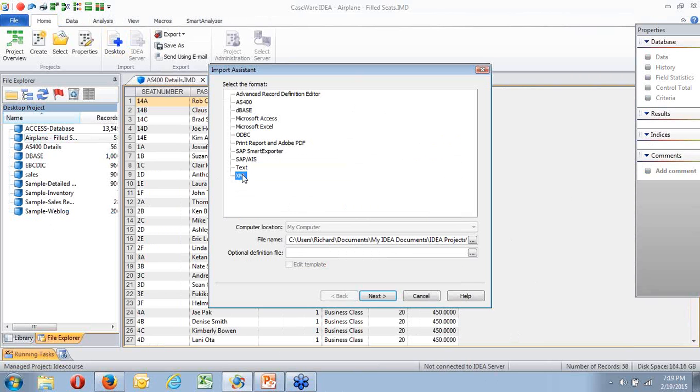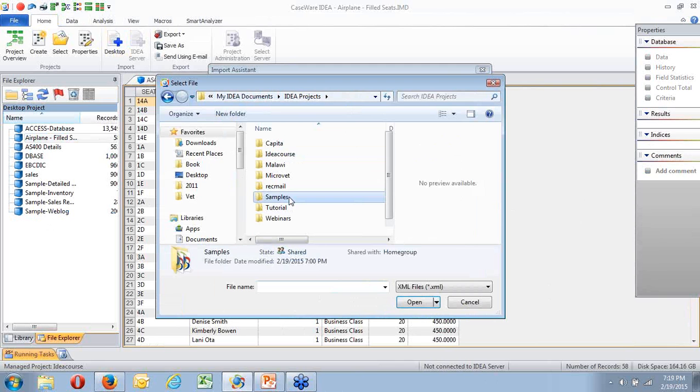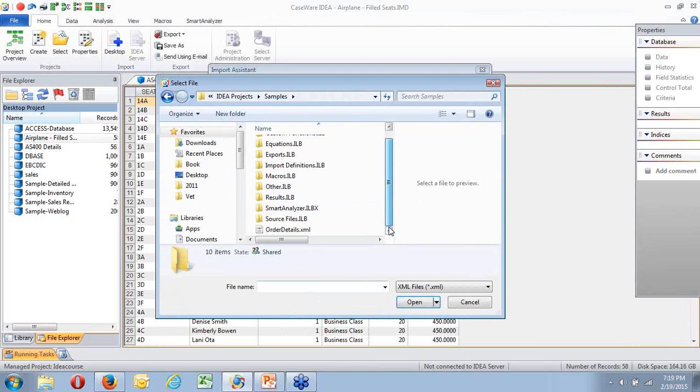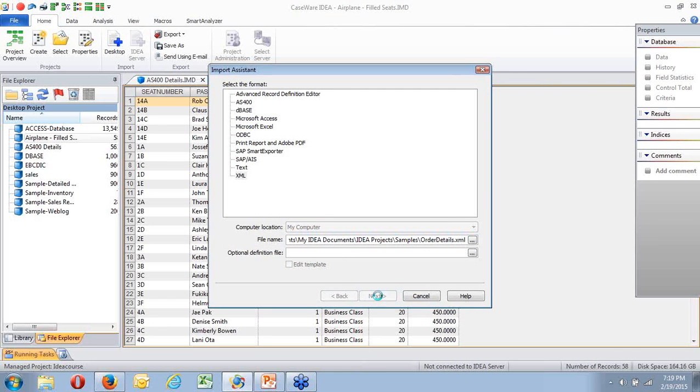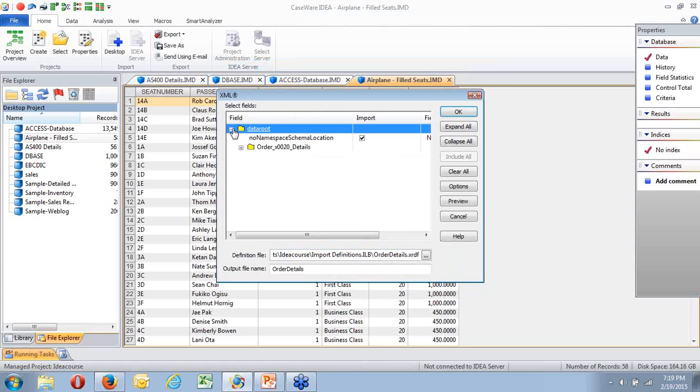Okay. If we're bringing in from XML, again, I'm going to go and look within my sample folder. And there's an orders detail XML. So I'll pick that one up. And again, I've got choices. I can look at the data route. I can look at the order details.